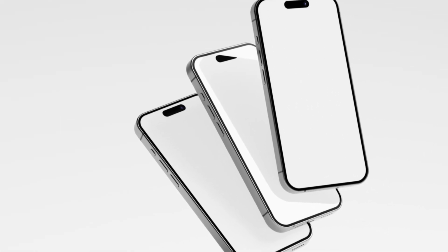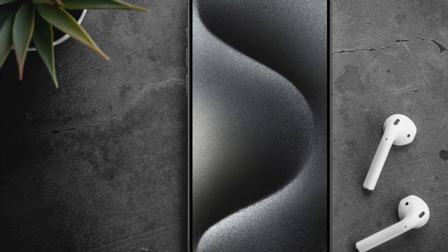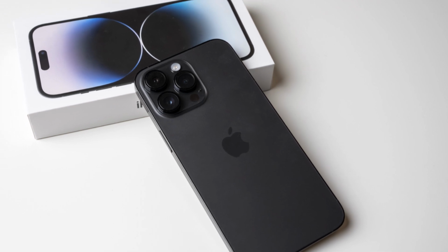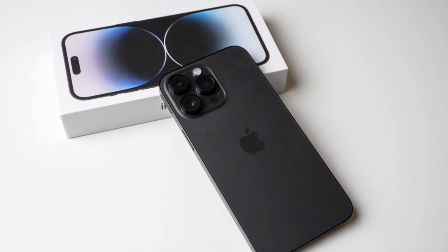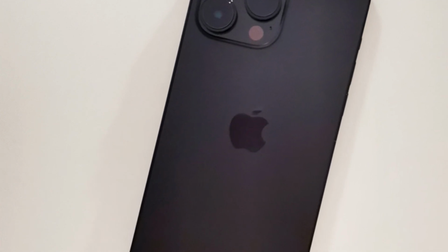For those interested in purchasing the Ailun screen protector, it's readily available on Amazon. This makes it easy to obtain, ensuring that protecting your iPhone 15 Pro Max is just a few clicks away. Whether you're looking to safeguard your phone's screen or keep the camera lens scratch-free, this product offers a practical and